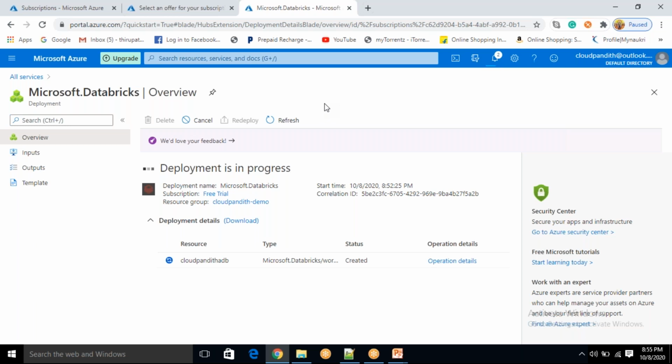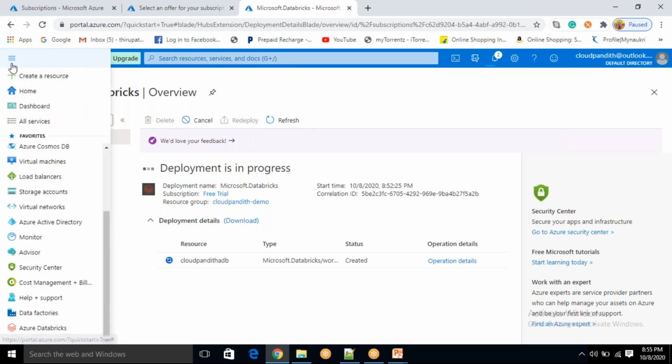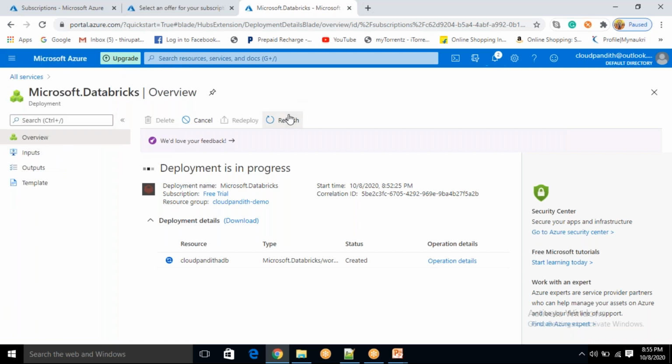Okay. So it is going to create all those things. We'll see. It will launch different resource groups as well. Resource group we have created only one, if you remember. Let's wait until the Databricks is ready. Then we can go back and see what all things it has created. Now, if I move there, you will get confused.